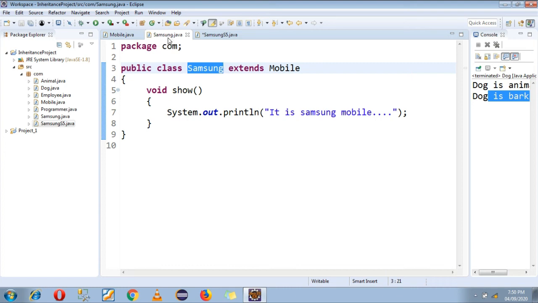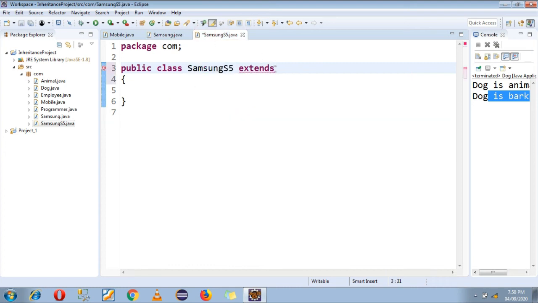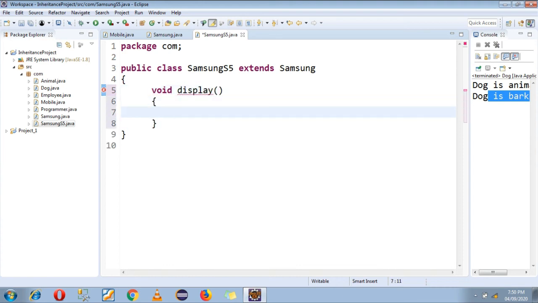Because of that, the Samsung S5 class will take the properties from Mobile as well as from the Samsung class. Okay. Now I am creating one function here, suppose display, and in this function I am just printing "it is a S5 series of Samsung".